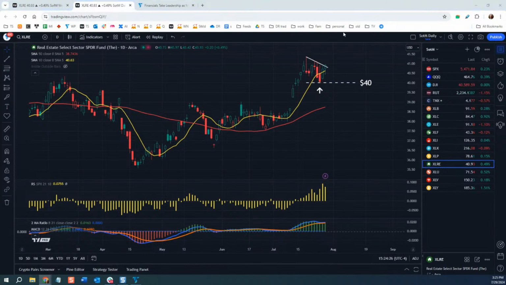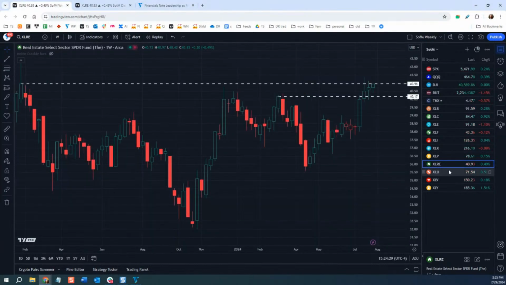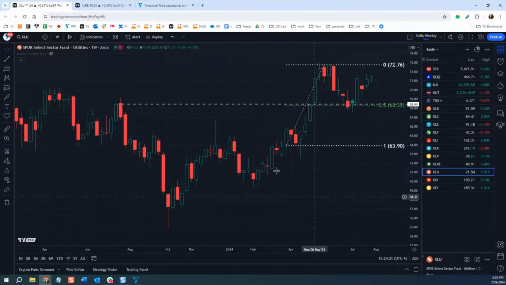Look at XLU, utilities. This has also been something that's been interesting here, because the utility ETF basically pulled back to this high from July here, and it held. This thing had this kind of crazy move back in April and May that really caught some people by surprise. They said there's AI demand for power and stuff like that. And that might be true. There's also a lot of other things where lower interest rates are good for utilities.